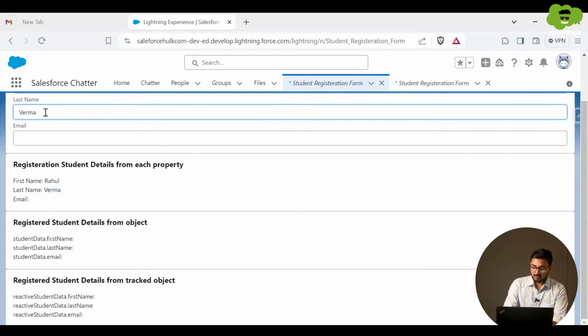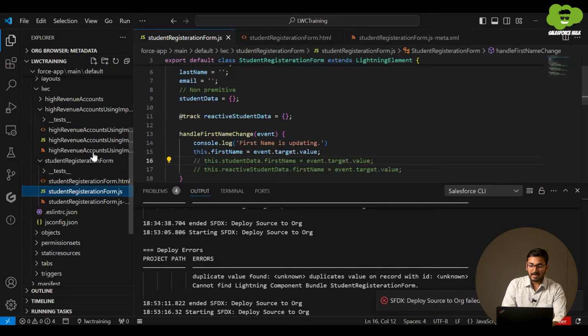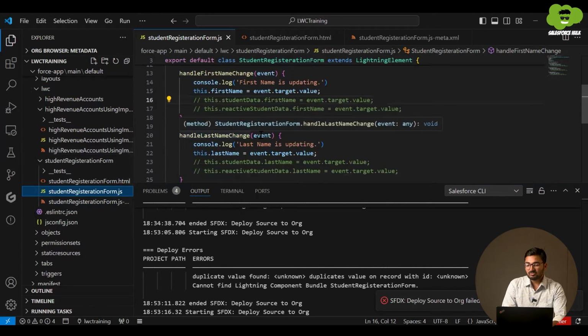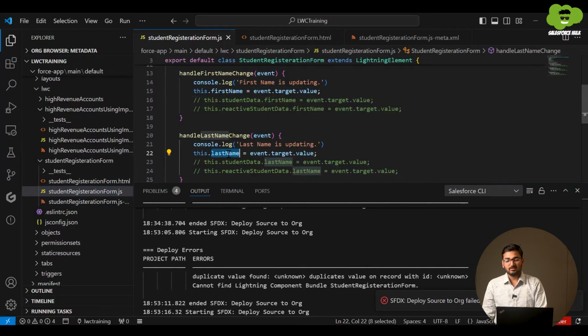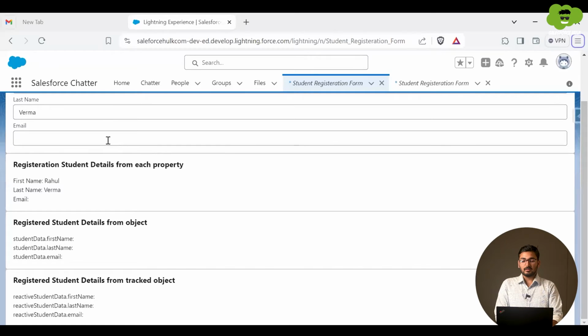The time I write something over here, we know that this function, handle last name change, is getting called, and in this function we are assigning the value of the input to the last name property. This is something which we are doing right now, and it is working perfectly. The value is getting reflected over the UI as well.